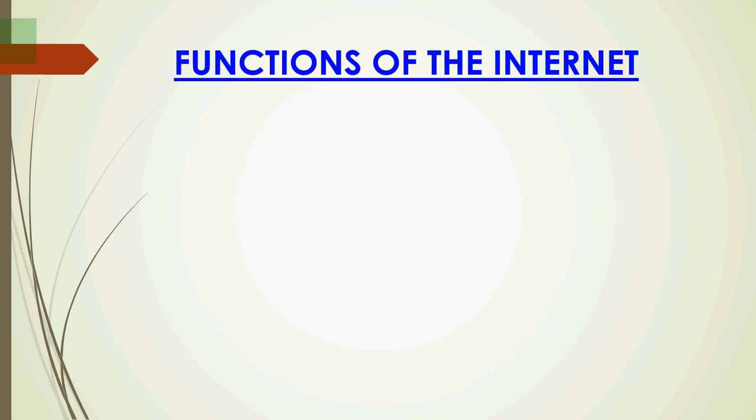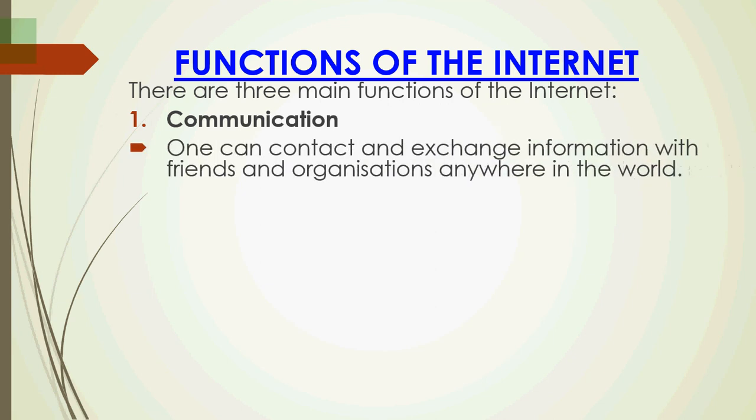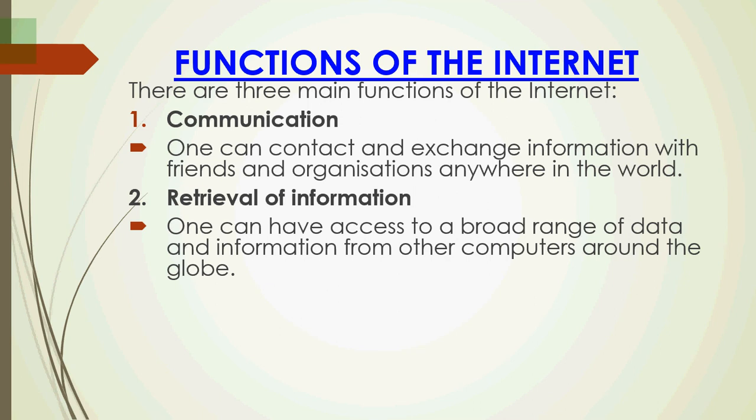Now, let's focus our attention on functions of the internet. There are 3 main functions of the internet, in which all other functions can be integrated. The first one is communication. What do we mean by communication? One can contact and exchange information with friends and organizations anywhere in the world. Secondly, retrieval of information. One can have access to a broad range of data and information from other computers around